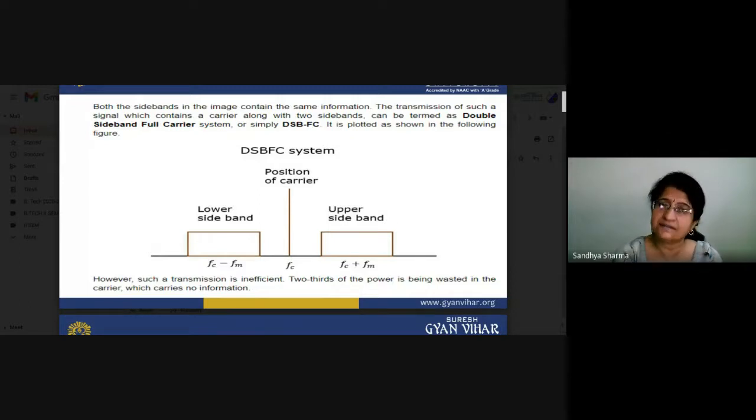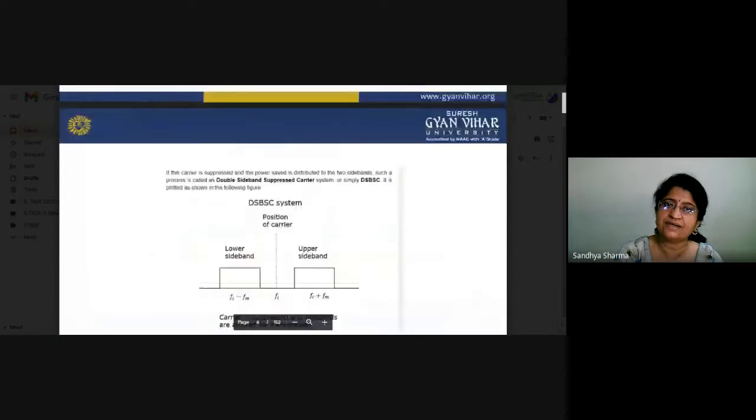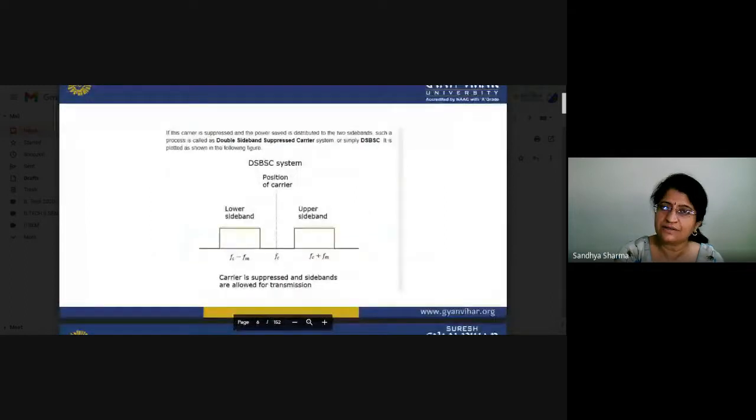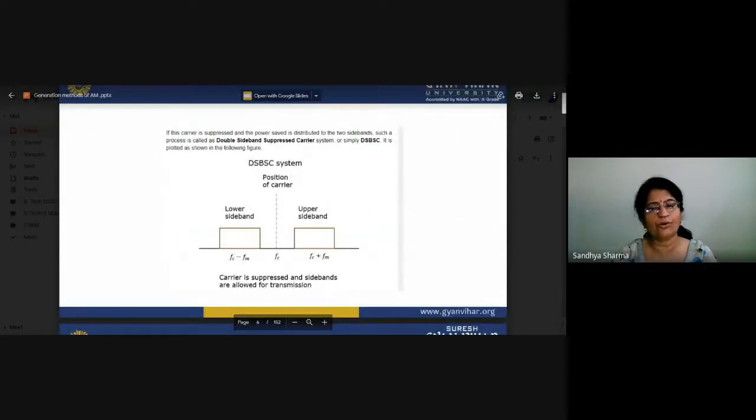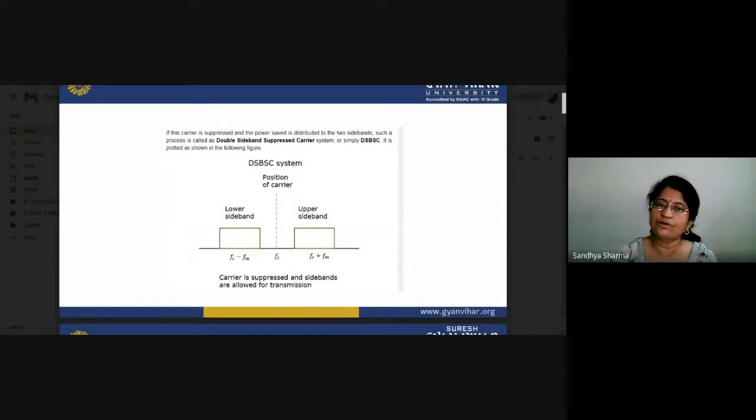If we are transmitting the DSB-SC, as we have seen in our slide, you will transmit only these two sidebands, either lower sideband or upper sideband, and you will not transmit the carrier with this type of signal. So now what will happen at the receiver part? At the receiver part, for extracting your signals, you have to again multiply by your carrier signal.